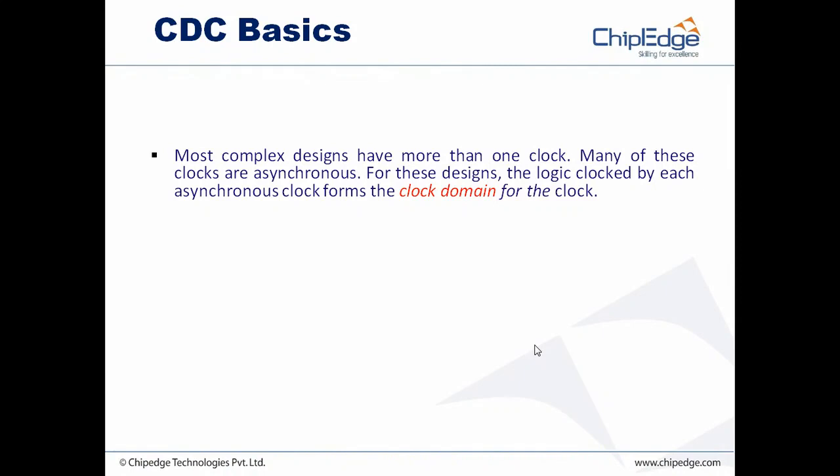Nowadays, if you see all SOCs, they have some 20 or 30 subsystems and hundreds of IPs, right? Each IP, and different IPs, work on different clock frequencies, and those are asynchronous to each other. So many of these clocks are asynchronous. DDR will be there in the same chip, and USB is there, PCI is there, and different IPs will be there, working on different frequencies and asynchronous to each other.